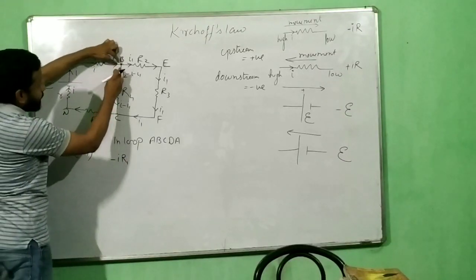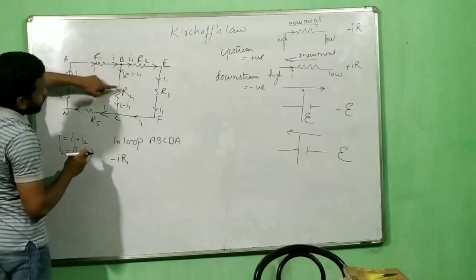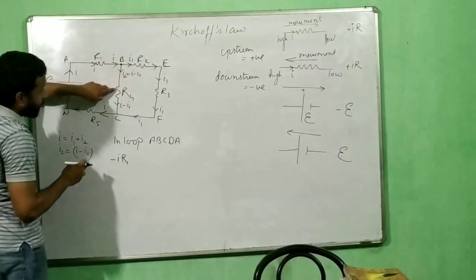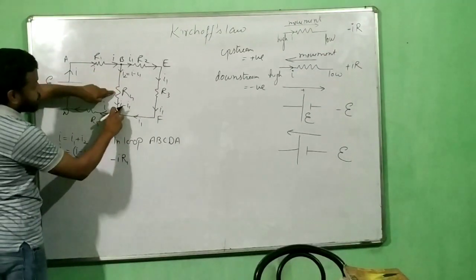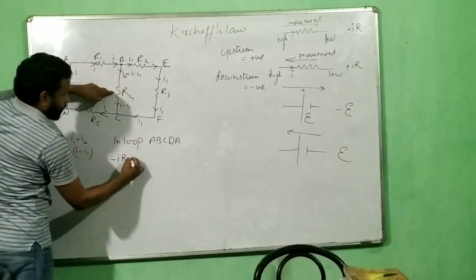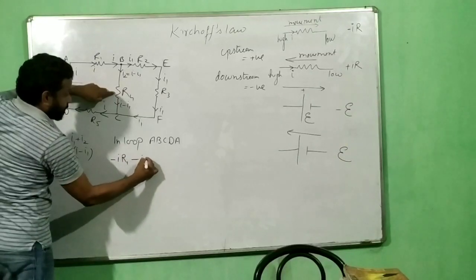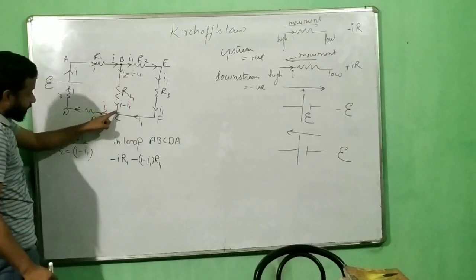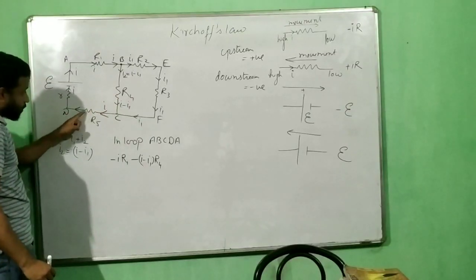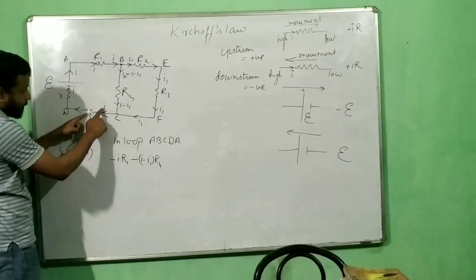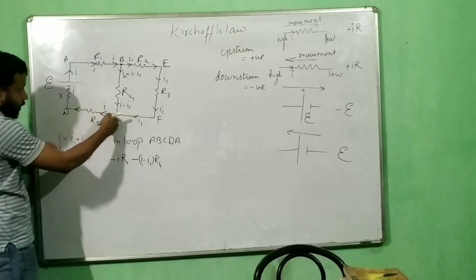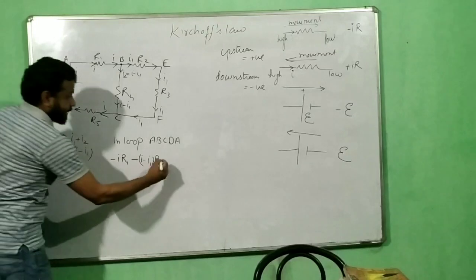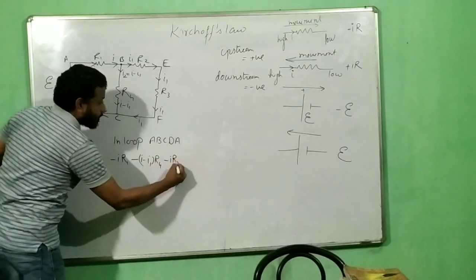Then I am going from B to C. I am following the direction of current. That means I am still moving downstream, and the current is I minus I1 multiplied by R4. So it is still negative because I am going downstream, and this is your R4. Now you come like this. Now again you are crossing R5, but now the current has become I, but still you are following the direction of current, so still downstream. Downstream is negative, so minus I times R5.